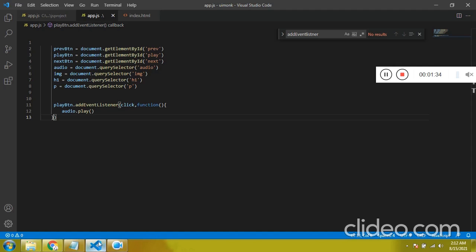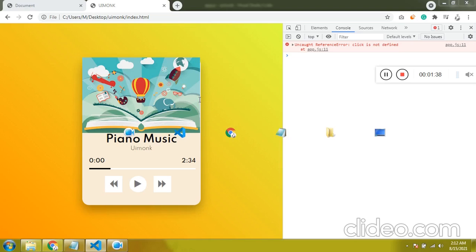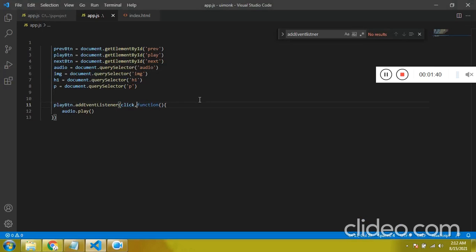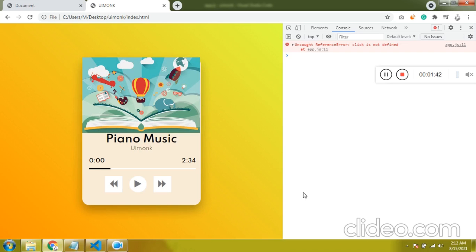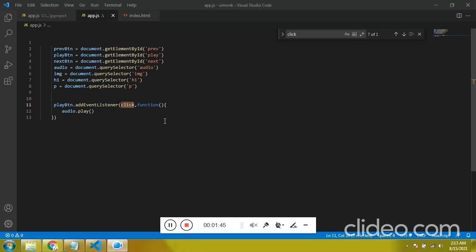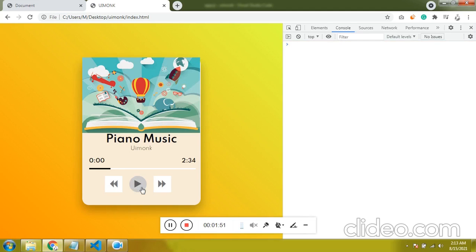I think it's just the spelling mistake, CLICK. It is a string. We need to pass this as a string. If I refresh, we're able to play the audio.